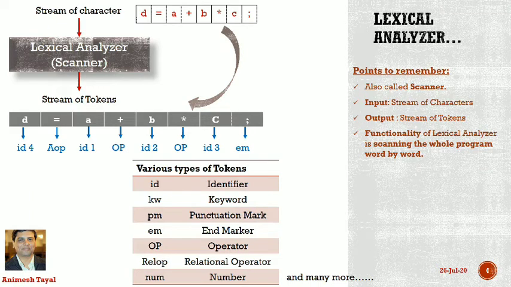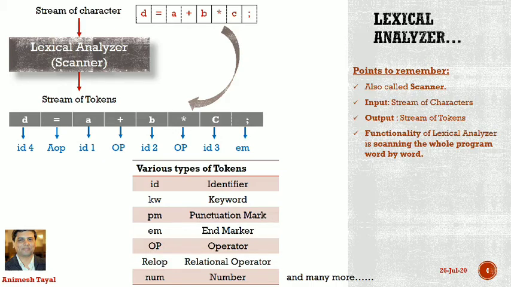Friends, this is most important. You should know about any phase, that is what is the functionality of that phase. Functionality should be very much clear. Someone called the function of lexical analysis to generate tokens. No, tokens जनरेट करना उसका फंक्शन नहीं है, वो आउटपुट है. The function, basic functionality of lexical analyzer for any programming language is to check the whole program word by word. Clear?